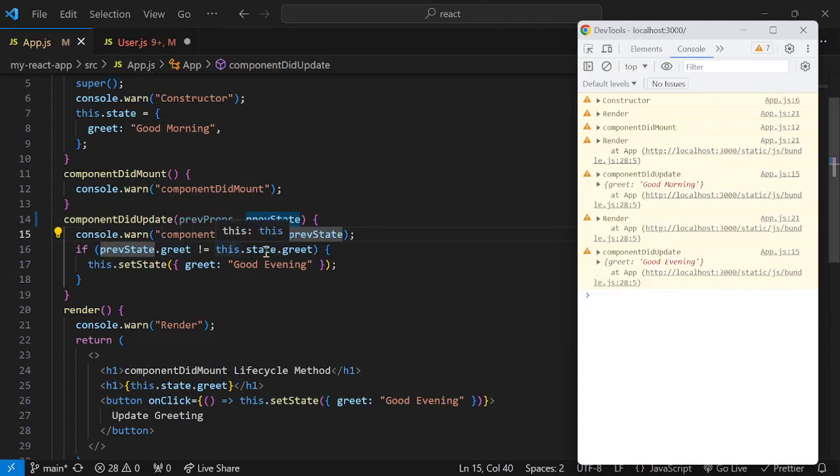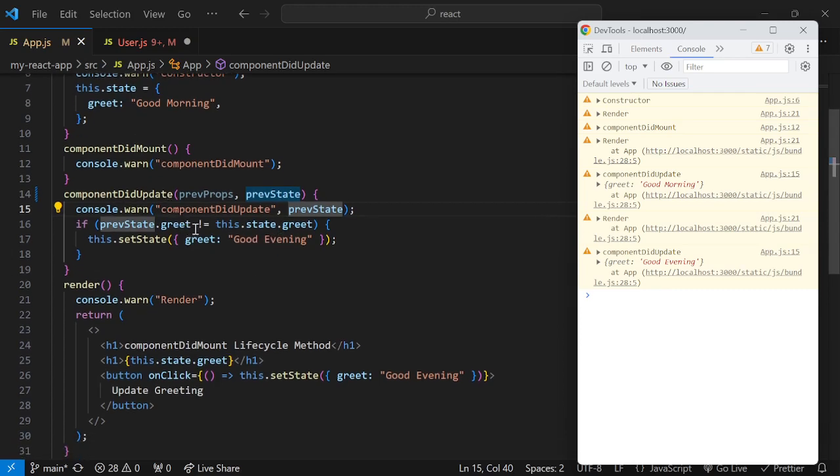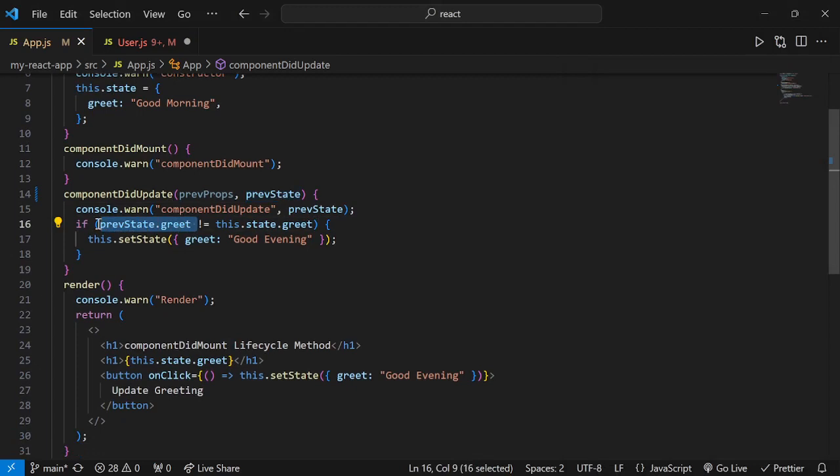So our current state value is changed to good evening. So it will check whether good morning is not equal to good evening, the condition is true, and then now it is setting the value again to good evening. Okay, so why I'm saying that the value over here with this previous dot greet will be good evening, because